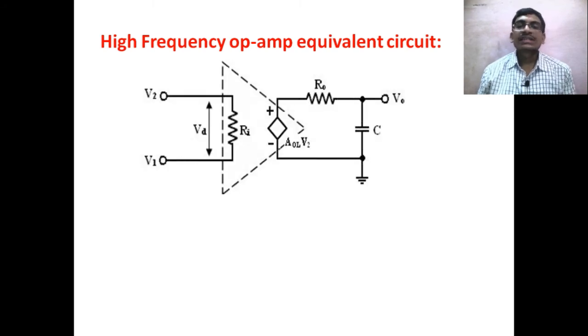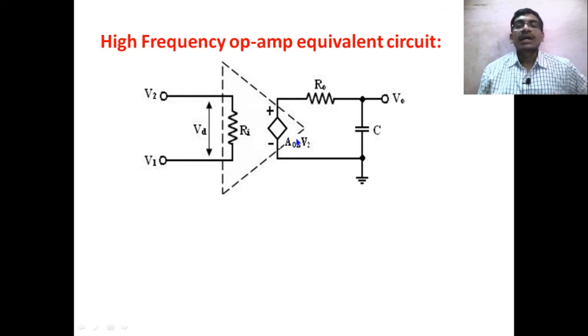So this is the equivalent circuit of an operational amplifier in high frequencies. If you see, there is no change in the equivalent circuit up to here. V1 and V2 are the input voltages, VD is the differential input voltage, and Ri is the input resistance in the equivalent circuit of our operational amplifier. Up to here it is the input side. If you go to the output side,